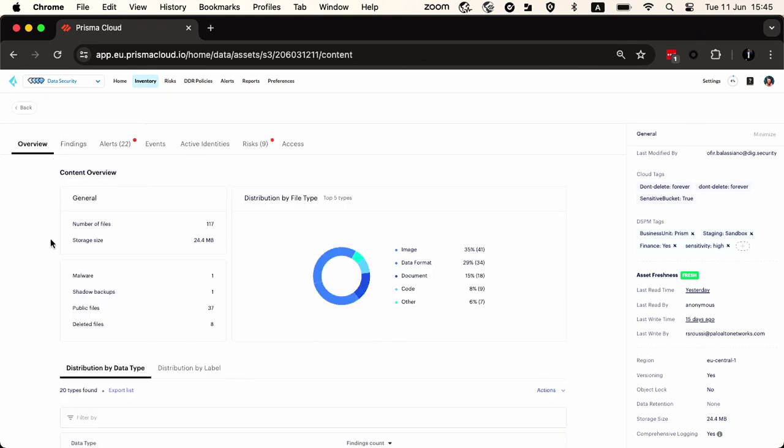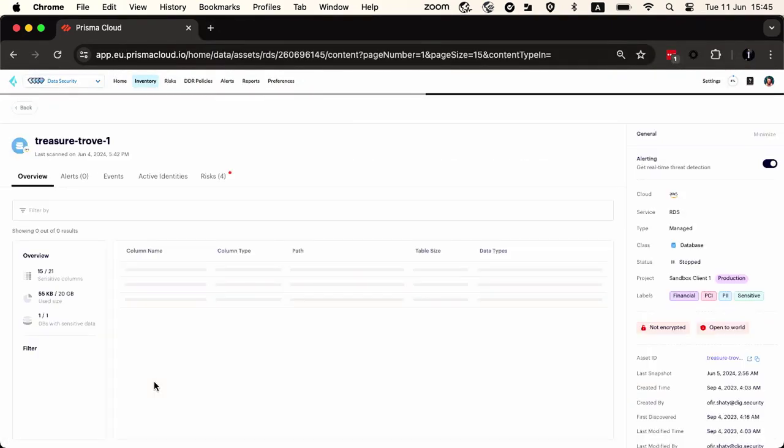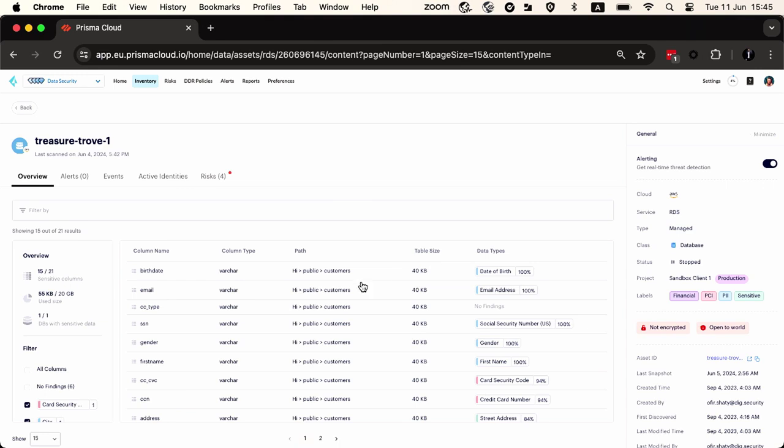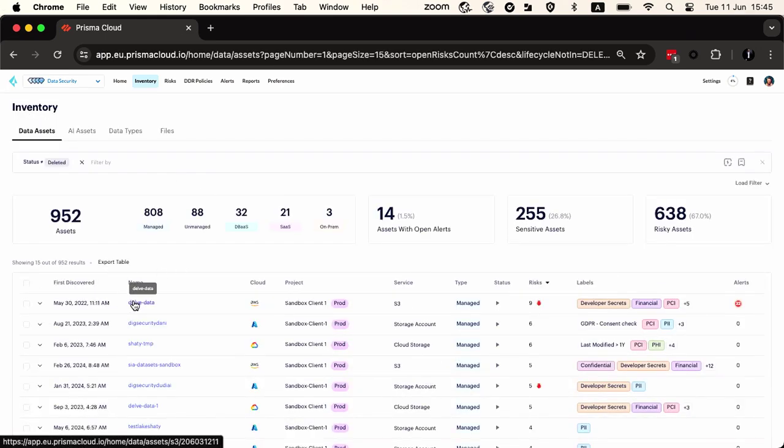Now, of course, we do this for any type of data store out there in the market. So not only buckets, but we're also able to do this, for example, for structured data stores. This is an RDS, for example. And we're able to find any type of sensitive data living across any type of column, across any type of database. We will always go column by column, database by database, and analyze all the information about it. And very quickly, you have a map of your entire information.